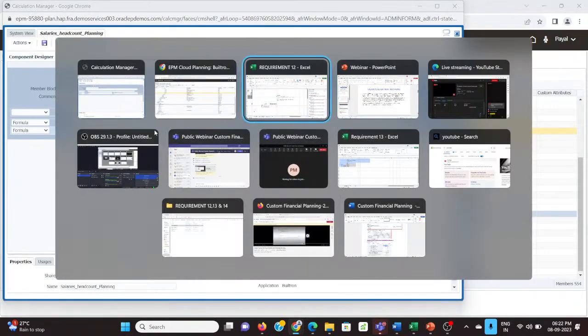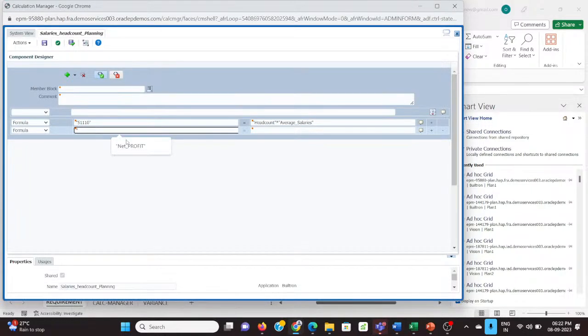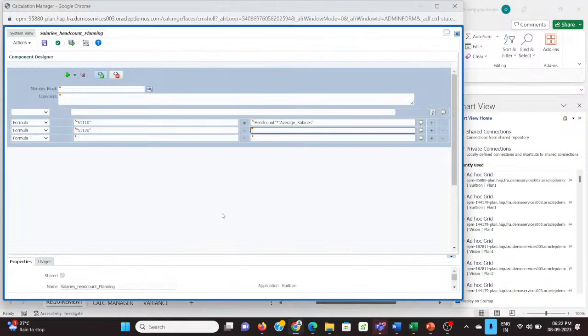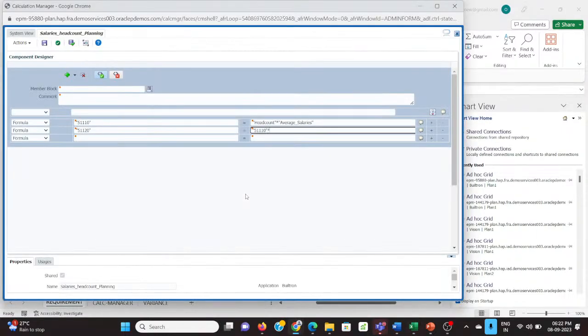Our second formula was miscellaneous employee expenses. What was our miscellaneous employee expenses? 51120. So let's write that in inverted commas, 51120 is equal to salaries into employee benefit percentage. What was the name for the salaries? 51110, right? Salaries 51110. So I'll write in inverted commas 51110, close inverted comma, and then we'll write into,